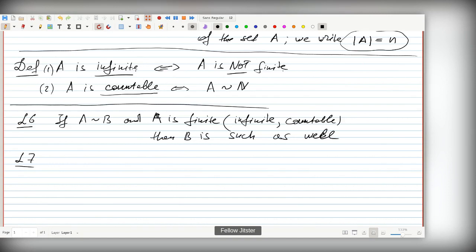Okay. But we have a question. Is it the case that a countable set is not finite? Maybe it is finite. What if it is finite? For this case, we have the following theorem. If A is countable,